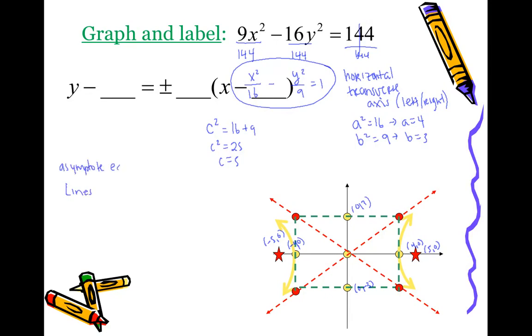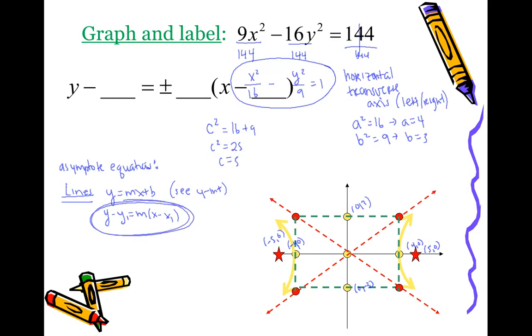Asymptote equations. So you know how to write the equation of a line, right? You probably remember y equals mx plus b, right? That's useful if you can see the y-intercept or if you know the y-intercept. So in this case, you know it, right? You also have that equation y minus y1 equals m times x minus x1. This is the one I tend to use